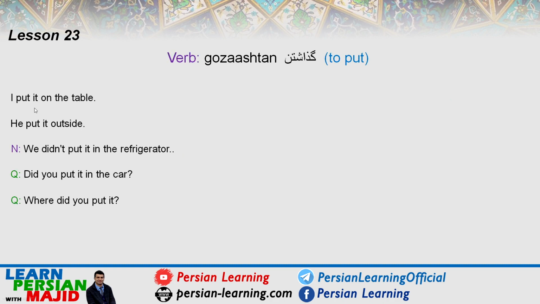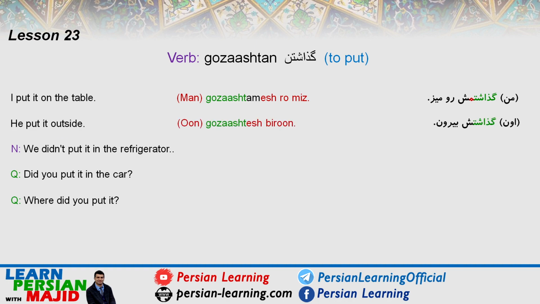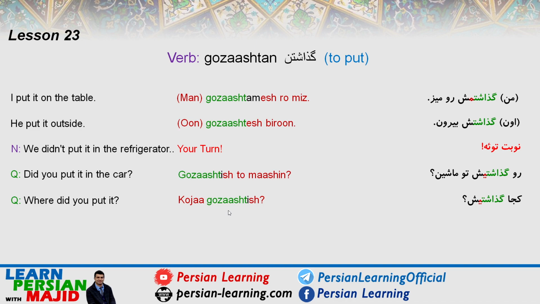گذاشتن. I put it on the table. گذاشتمش رو میز. This اش is it, the object ending. He put it outside. گذاشتش بیرون. Outside means بیرون. Did you put it in the car? گذاشتیش تو ماشین؟ Where did you put it? کجا گذاشتیش؟